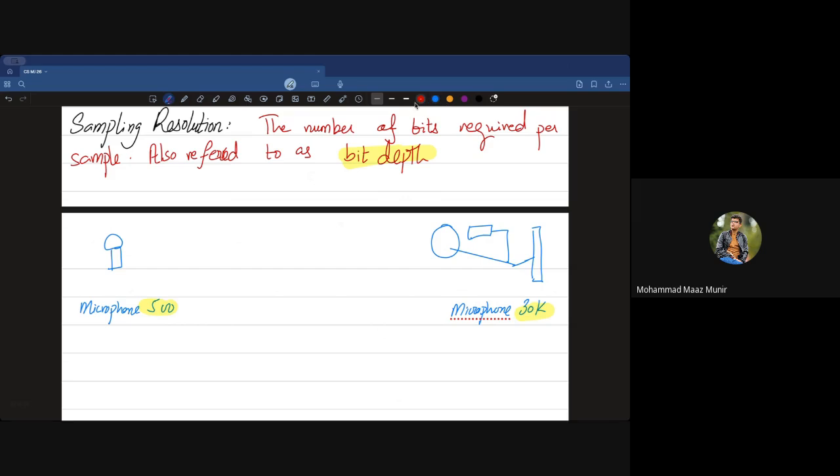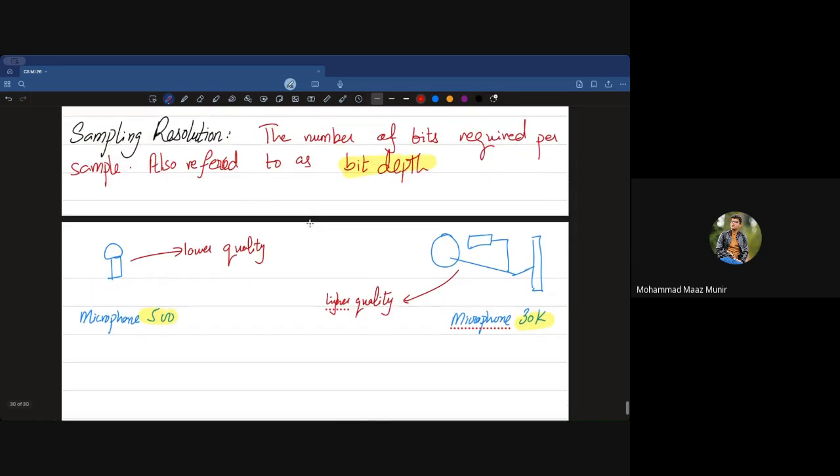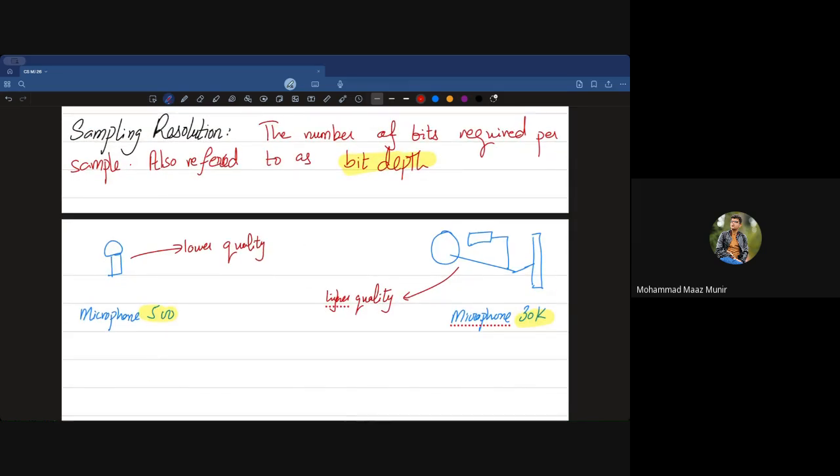Definitely, we are well aware that this one is going to have a lower quality, whereas it is definite that this expensive one would have a higher quality. And now we do understand that this one might have a higher quality because it has a higher sample rate. At the same time, it also has a higher sampling resolution, which means that if I have multiple sounds,